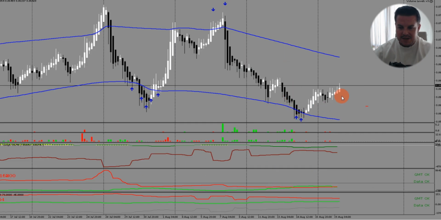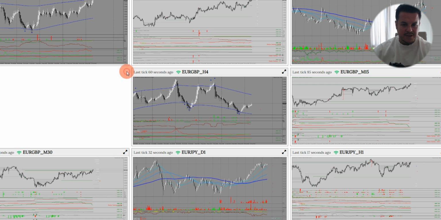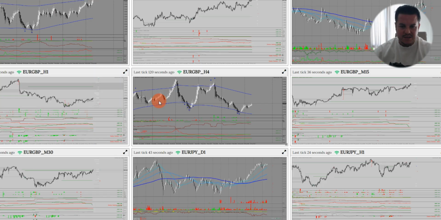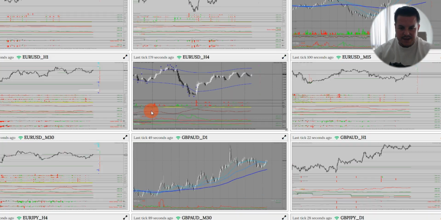Euro pound did some kind of 4-hour reversal up, but the market is rather empty with a bit of a Damani switch from longies to shorties, as you can see. But you can see on the lower time frames, it filled the option strike targets on the hour chart, and it has MTS. And now we see some longies are leaving, but it's low bias, so nothing super interesting there.